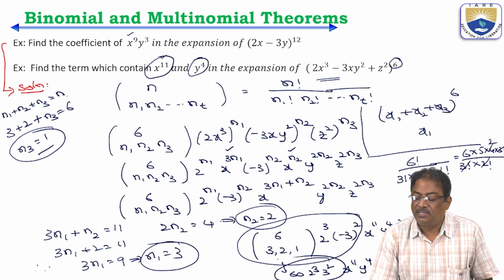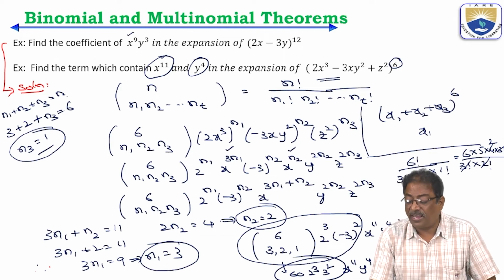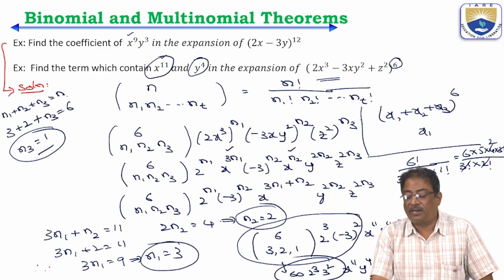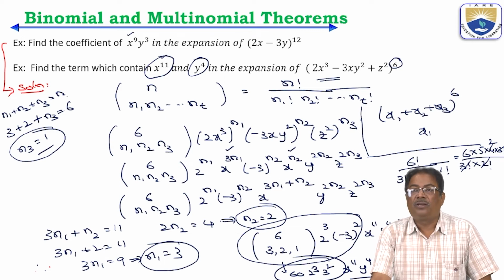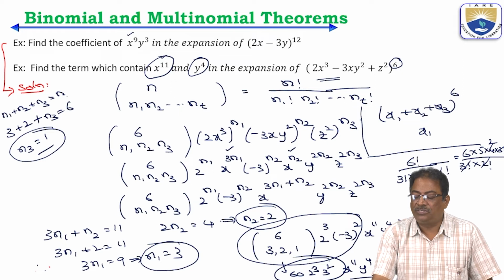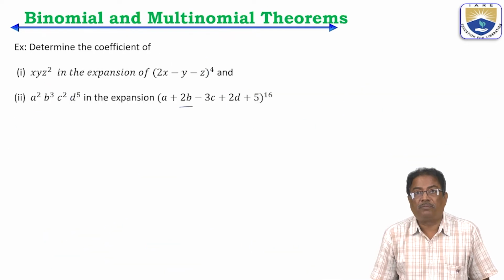So the coefficient, if you are going to simplify this, 60 into, then we are going to simplify that. Whatever value we get is the final answer for the coefficient of x to the power of 11, y to the power of 4, and of course the z term is not given. So whenever x power 11 and y power 4, then z to the power of 2, the coefficient is this. So these are some of the problems related to binomials